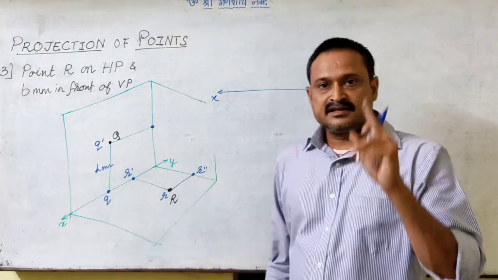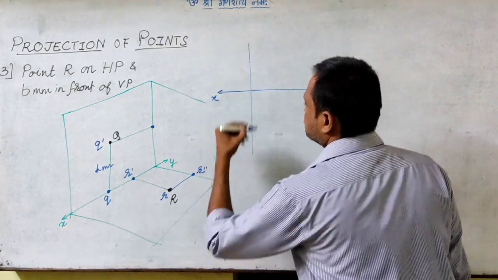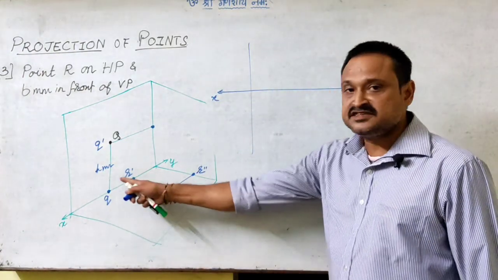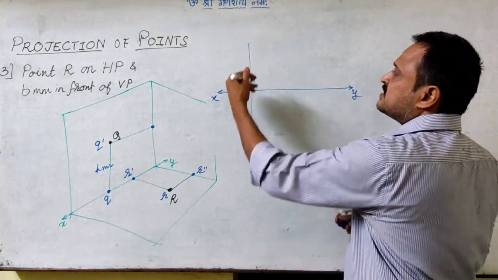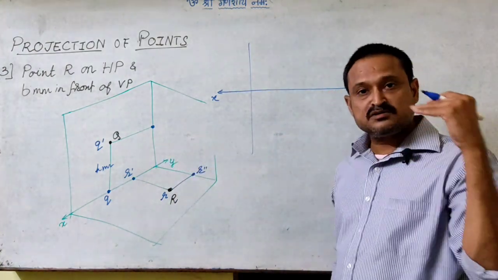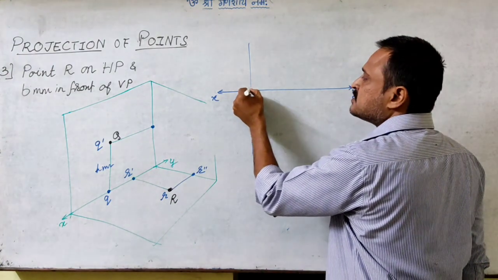For one point, there is one projector. So this is the projector of R. The height is 0, so the height is marked. Height will be able to see in the front view. So this will be R